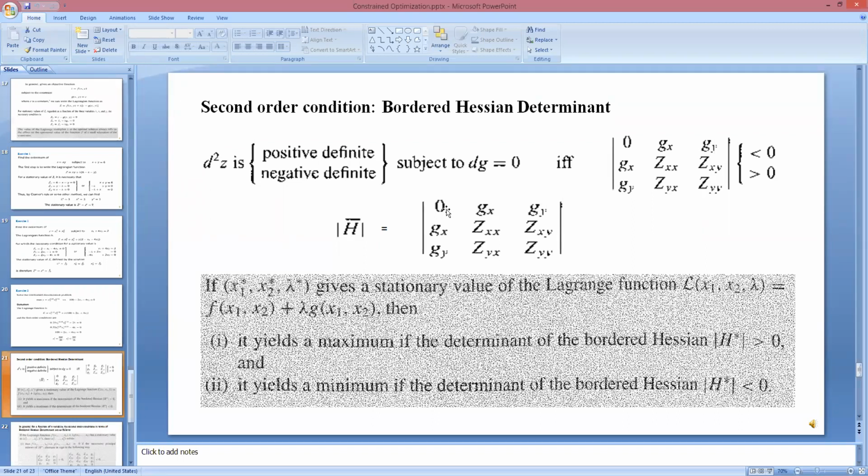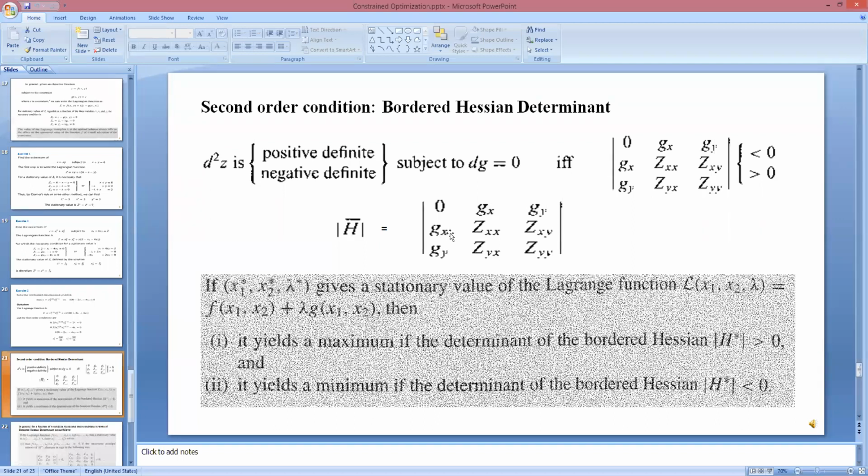Then you write down Zx lambda, Zy lambda. Then column wise,